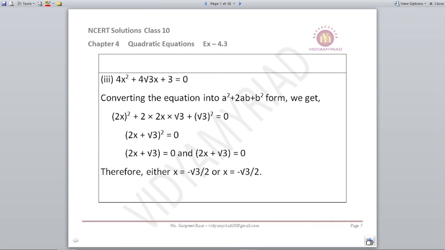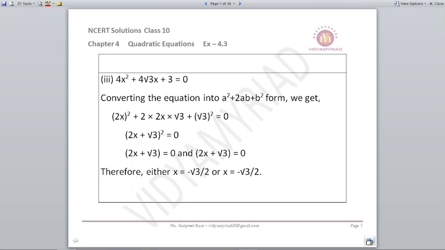Next, 4x square plus 4 root 3x plus 3 is equal to 0. Now this can be converted into your a plus b the whole square form. How can we do that? See, your 4 can be written as 2 square. So we can write it as 2x the whole square plus 2 into ab. What is a? 2x. What is b? b is in the form of root 3. So when you do 2 into 2x into root 3, it becomes 4 root 3x, which is your center element